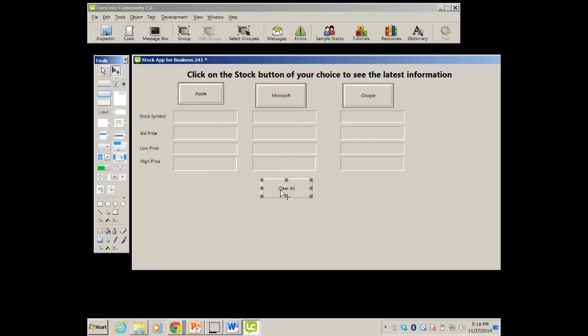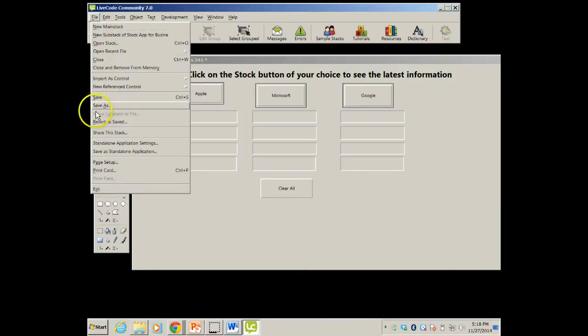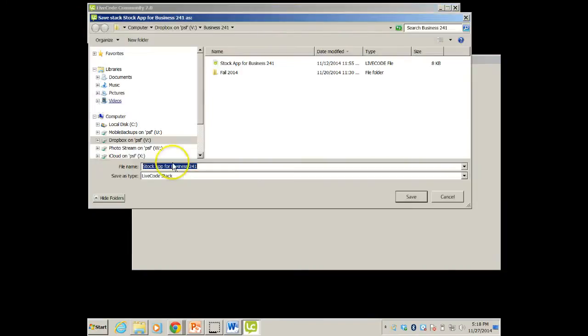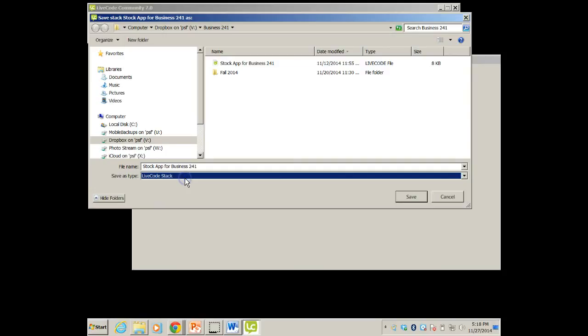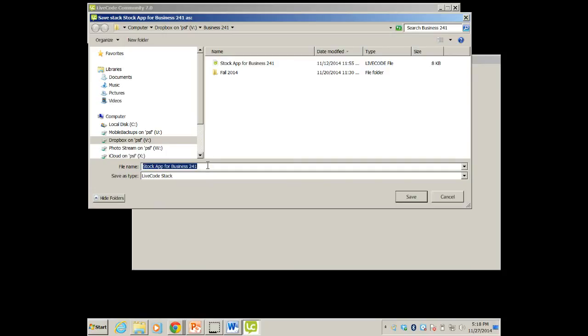But when you press the button, it happens so quick that we think, oh, gee, that's magic, right? Because every time we press the button, we get the updated numbers, and then we press clear, everything goes away. So the good thing about this software is that when you save it, it just wants to save it in LiveCode. So when you do a file save as, it'll just call it a LiveCode stack, right? But if you do want to compile